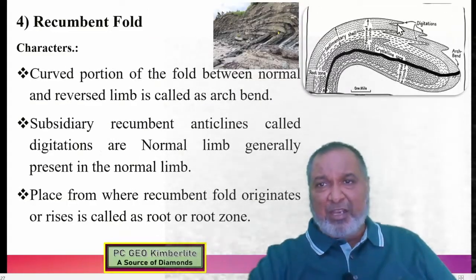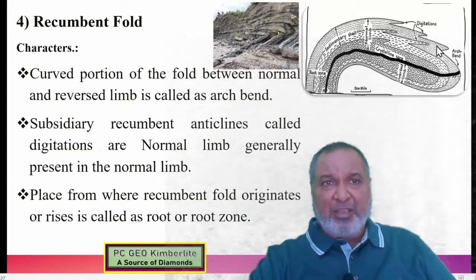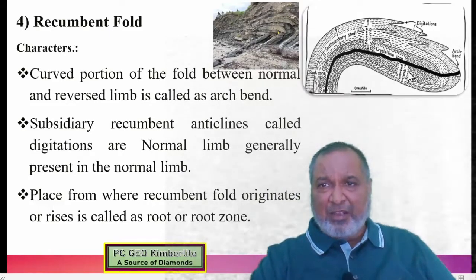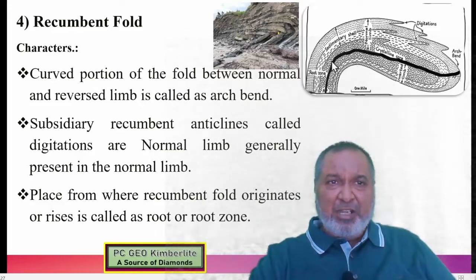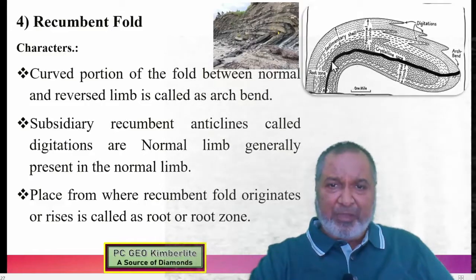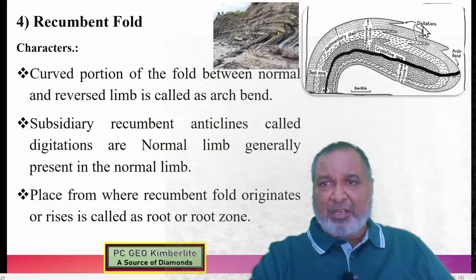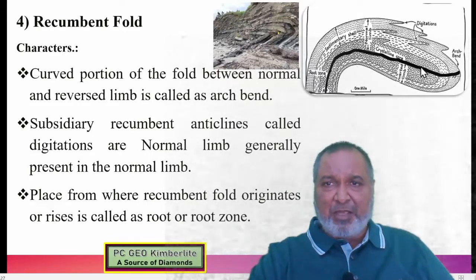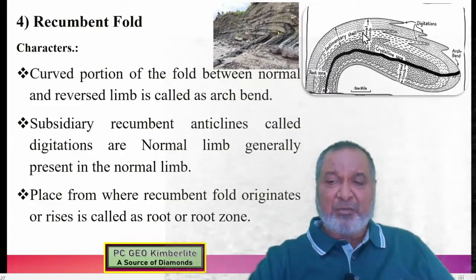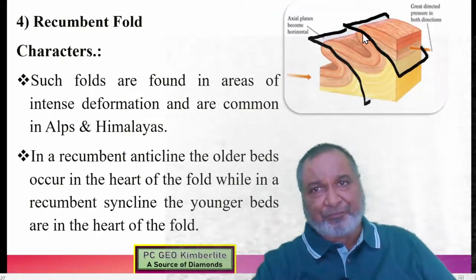Here we have the digitization in the Recumbent fold. You can see a very clear Recumbent fold. This is the thicker one, and you can see the thinner one on that part once they are completely reversed in that direction. This is the root zone. Here we have the digitization. This is the axial plane which will be horizontal, the break down, the crystalline rock, and the sedimentary rock in that particular part.